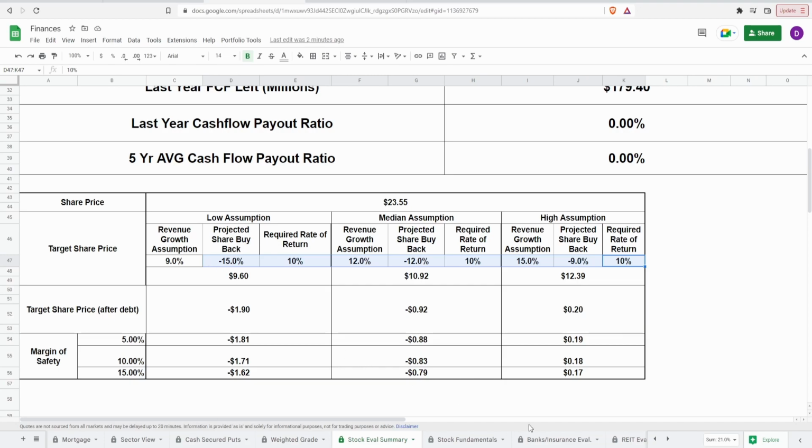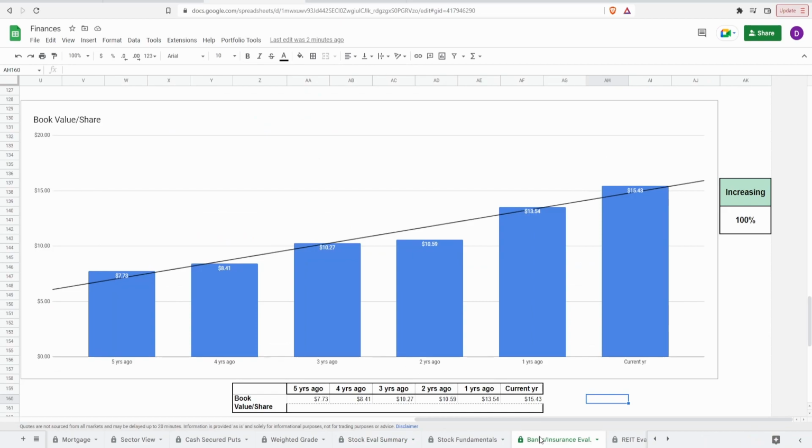Now that I actually mentioned that, let's come over here to the book value calculator and see the book value per share to get a second opinion. Now this, guys, takes into account 0 assumptions on my end, and this one basically tells you how much the company should be worth based on the assets that they have on hand divided by the shares outstanding. And currently, guys, they should be valued at